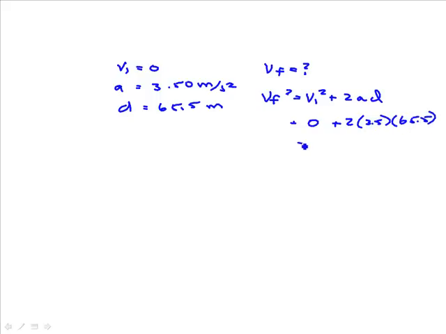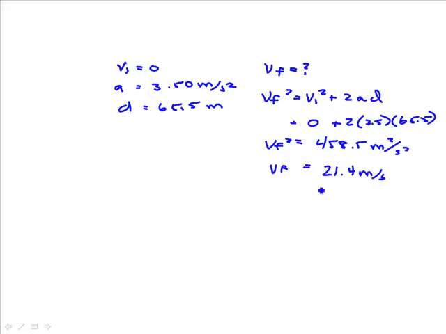65.5. And of course, what we end up with is a solution that is the square of the final velocity. And that is 458.5 meters squared per second squared. And of course, to get Vf by itself, we take the square root of that. And of course, the square root of that is 21.41, or 21.4 meters